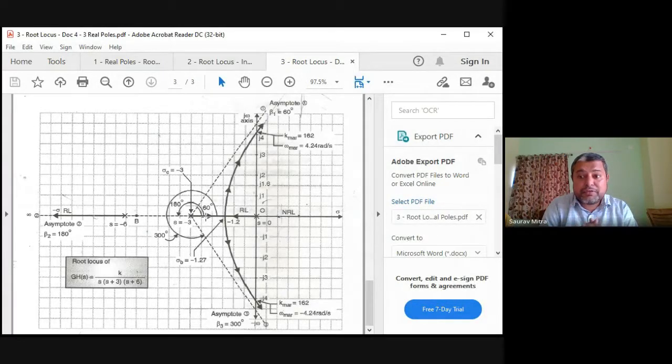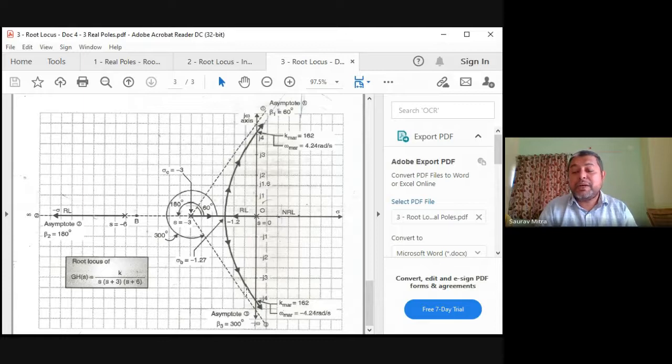When you increase the value of K to 10.39, you find that the 0 and minus 3 poles both collide at minus 1.27. Further, you are increasing the value of K. That means the 0 pole will come here at minus 1.27, it will travel upward, bending towards the j omega axis. This minus 3 for K equal to 0 was at minus 3. For K equal to 10.39, it is at minus 1.27. Further, as you increase the gain, it is also bending towards the j omega axis.